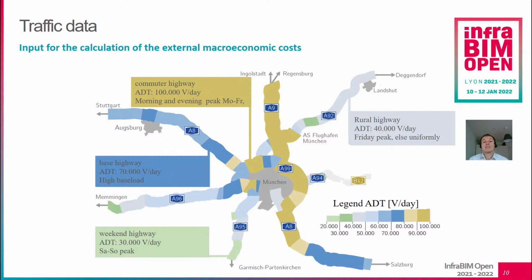So next, traffic is the most important input variable for the calculation of the external costs, but this cannot be derived from the BIM model. In order to be able to calculate the time losses and therefore the external costs, many parameters such as the gradient, the annual daily traffic, the heavy load share, the speed limits, the detour options, and the distribution of the traffic over the day and the week must be defined.